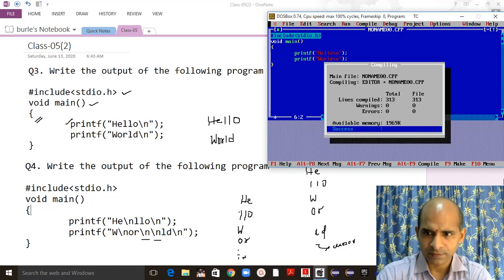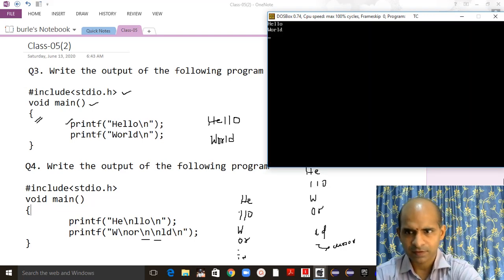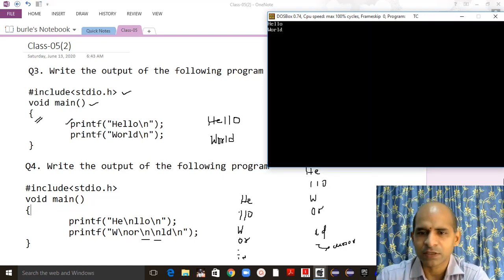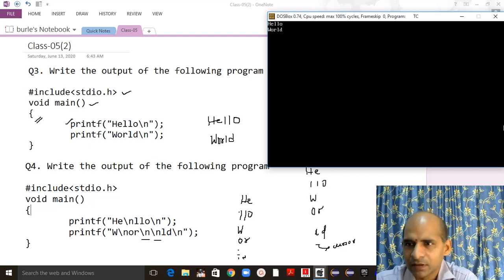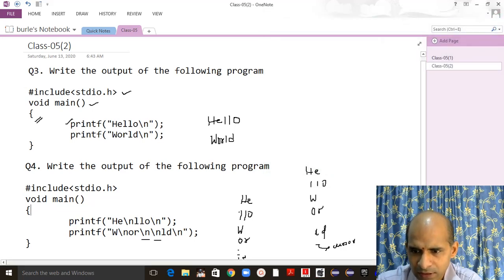So Alt F9, the answer is already there. Alt F5. So we are getting the same answer as we expected. Now let me close this one, and again start for the second one.